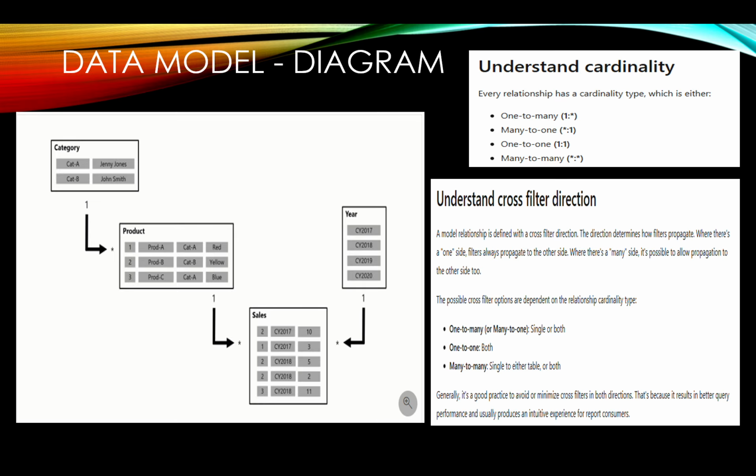Without proper relationships, Power BI won't know how different data sets are related to each other. So basically, we have different tables in our Power BI report, and we need to connect them to each other so the interaction will work accordingly. If you have different tables, maybe you can say fact and dimension tables, you need to give a relationship between these tables. So one table will talk to another table and provide the required information based on our data